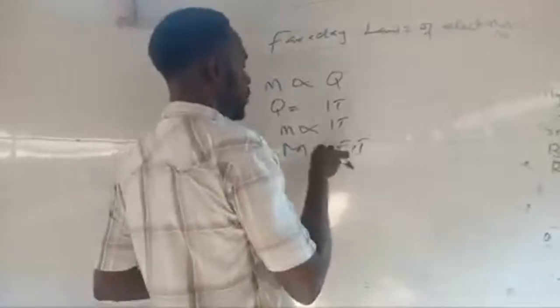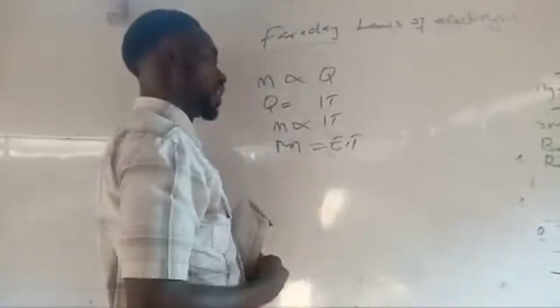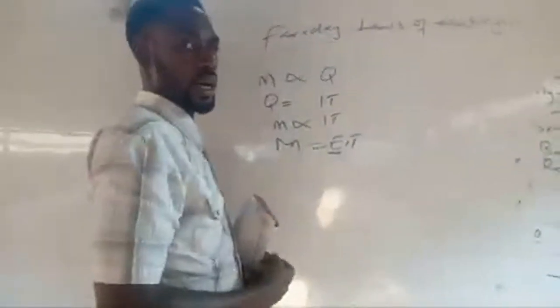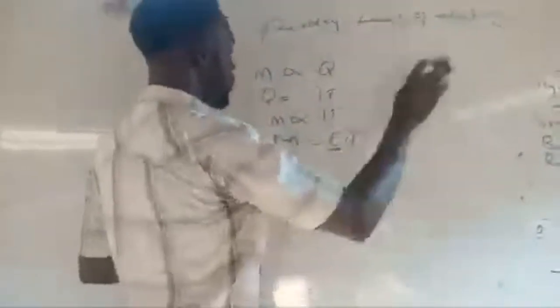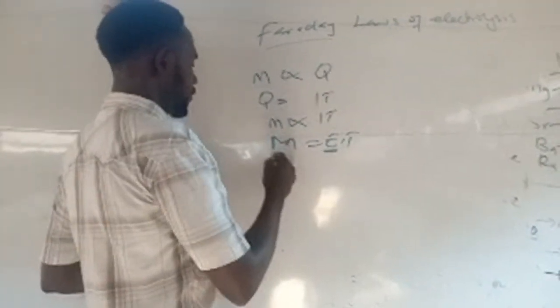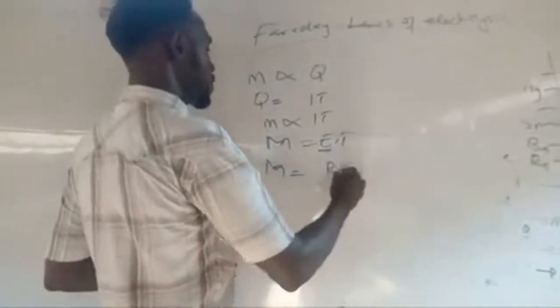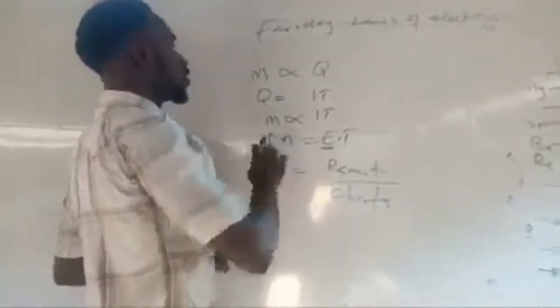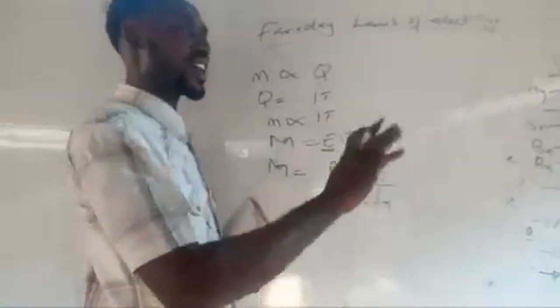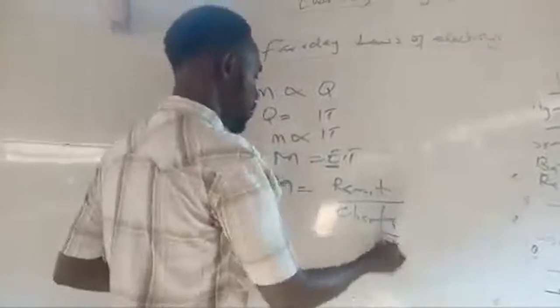If you master the electrochemical equivalent, you can also watch my video here on cheats for exams. Every element has its own electrochemical equivalent. If you master it, you can use this and solve your questions. Then for that mass, there is RAM IT over charge times Faraday. That's the whole thing you calculate concerning the first law. This will help you get the answer correct. You can even calculate for charge present.